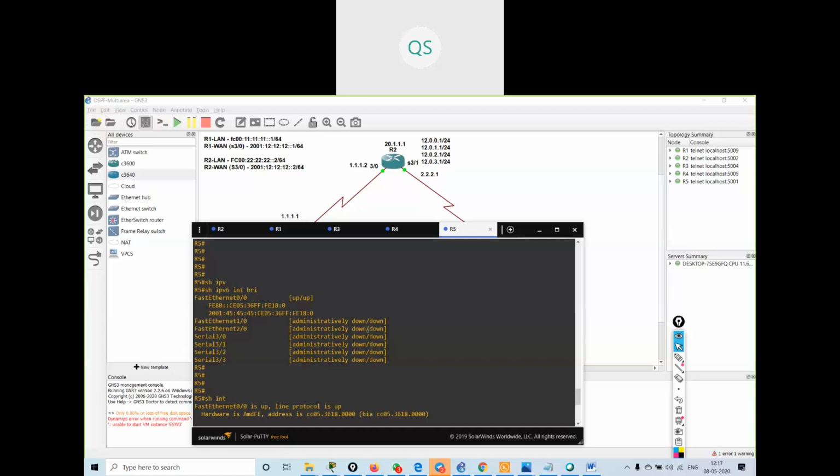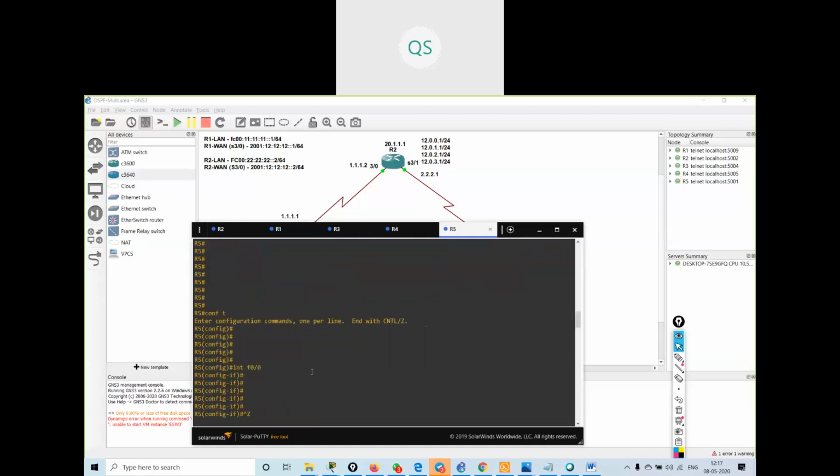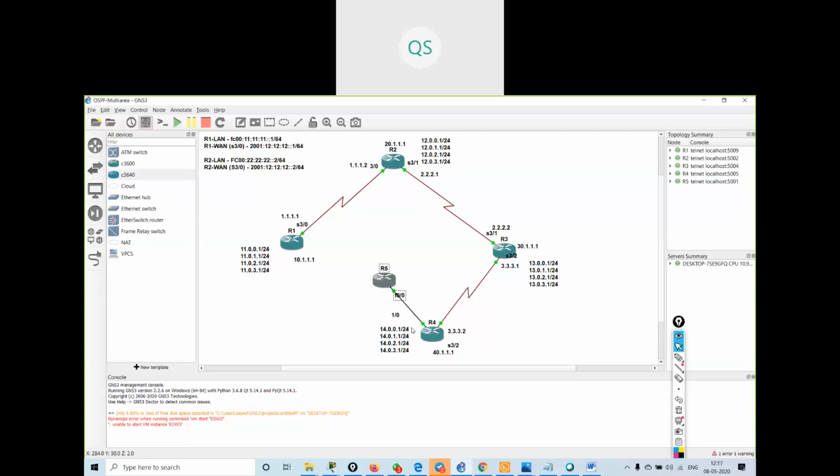As we were getting the IP address in IPv4 from the server, now what I can do is configure one side of the interface and the other side will automatically take an IP address with this range, and the last 64 bits will be the MAC address of this router.